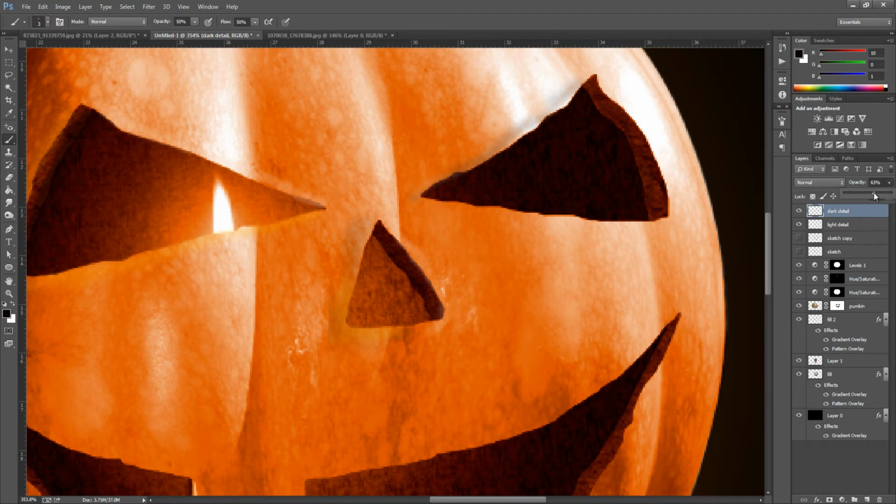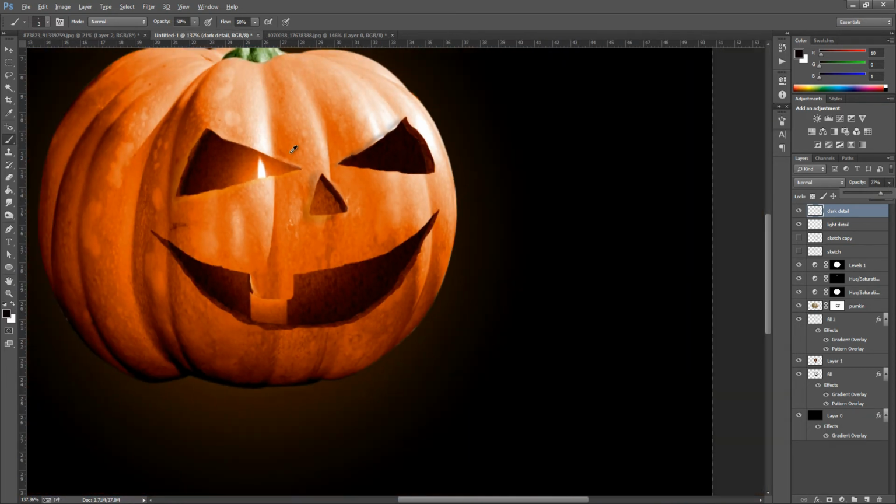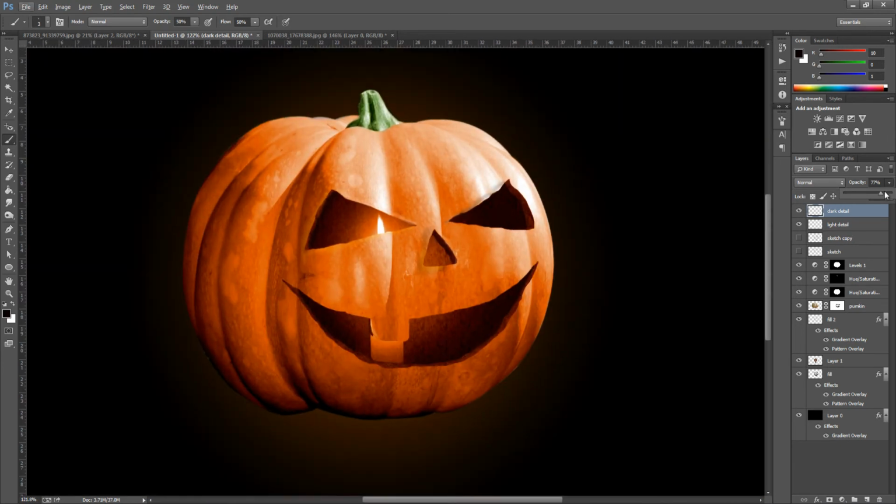I'm going to bring the opacity up a bit. Not too much. Around about there will do for us. So if I just unclick that, as we can see, it's giving it more depth. I want probably a bit more on this eye. And we can obviously go back with the eraser tool and just take off a bit up here and a bit over the nose because that's a bit too strong. And there we have it. We have that bit sorted. So then we can really get on with the next steps.